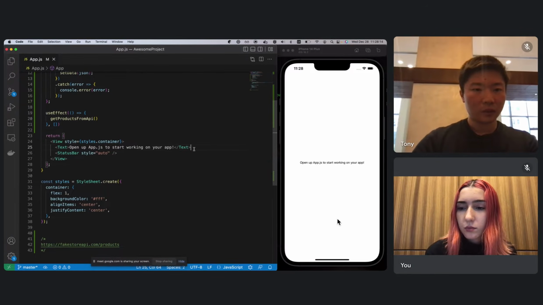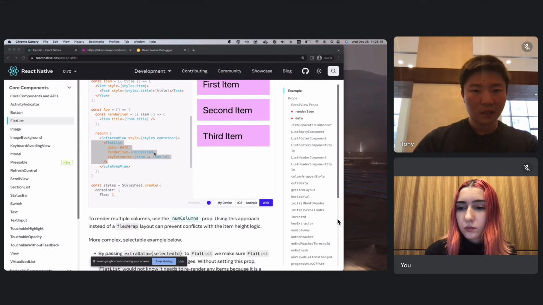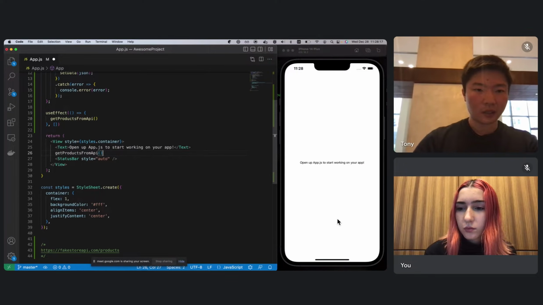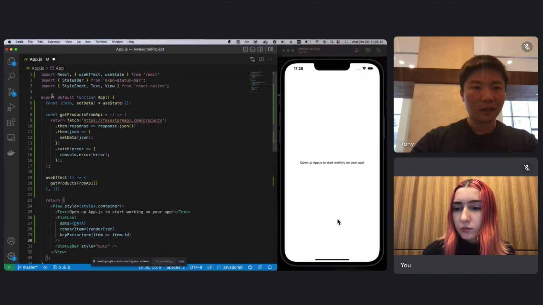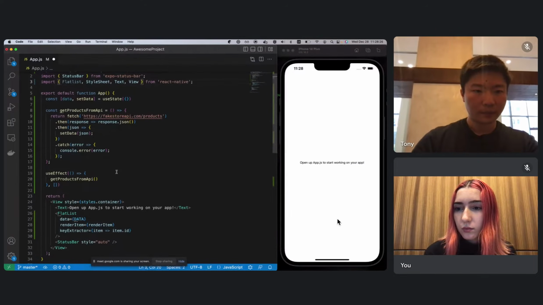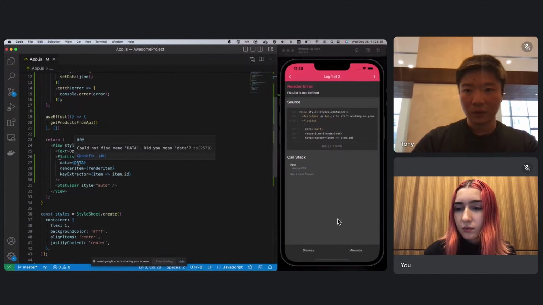Cool. So coming back here to the FlatList, I'm going to go ahead and get the template from the documentation, again making sure I import.